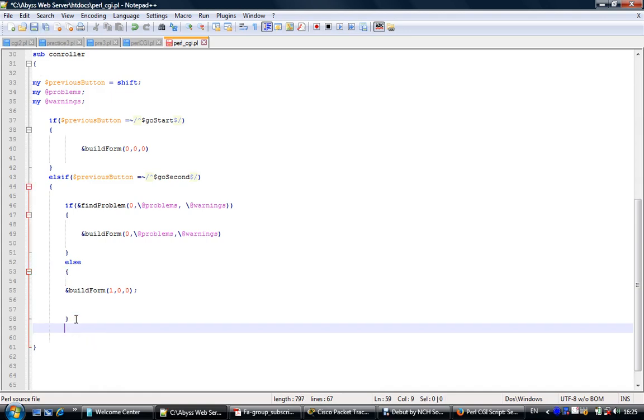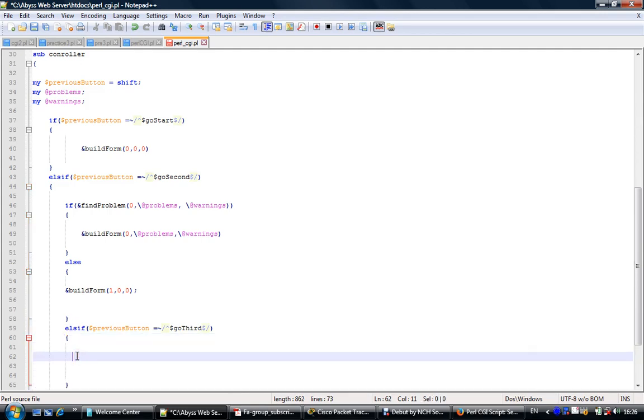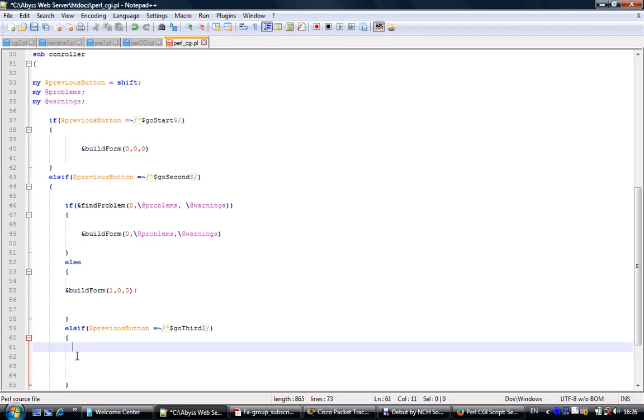Okay, now we'll go ahead and give a declaration for the third form, as if previous button equal to a match of go third button, in the beginning and ending of a straight line, and our form. And if there is a problem, if we find any problem